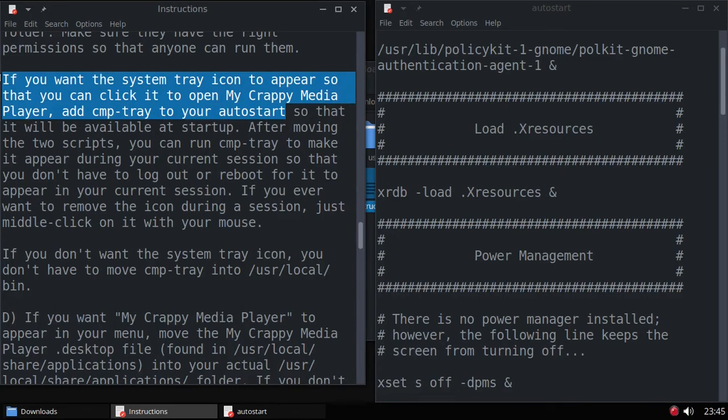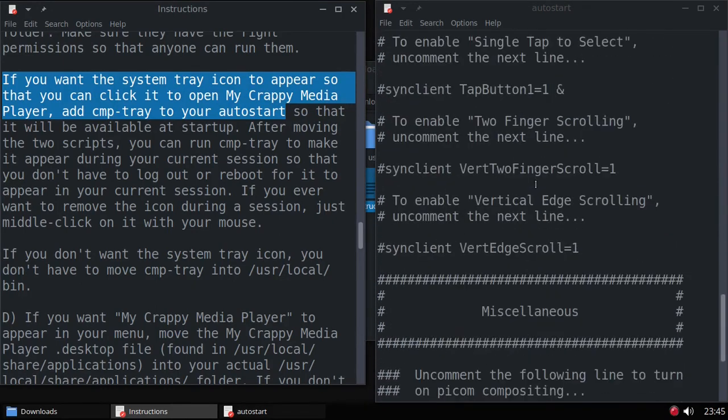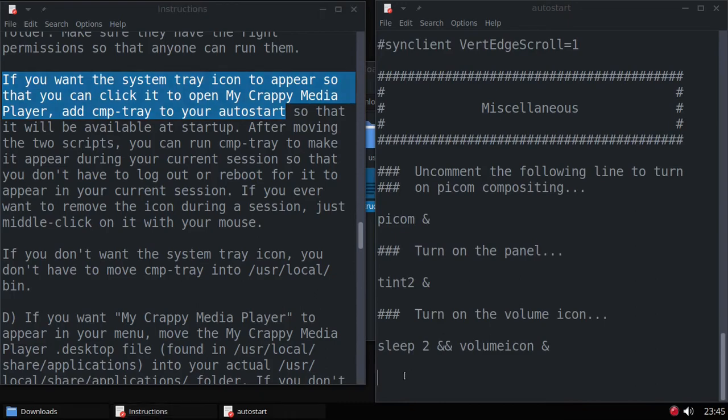If you want the system tray icon to appear so that you can click it to open My Crappy Media Player, add CMP tray to your auto start. So let's do that. I'm going to come down here, start CMP tray. Now you notice that's commented out. That's just a little note for me to know what's going on. So I'm going to add,